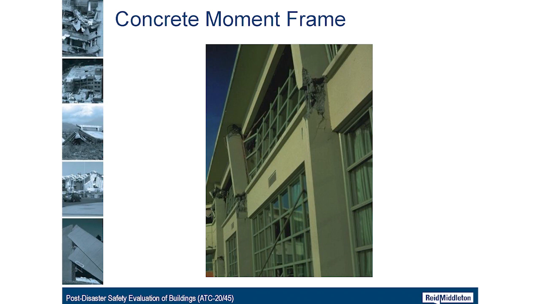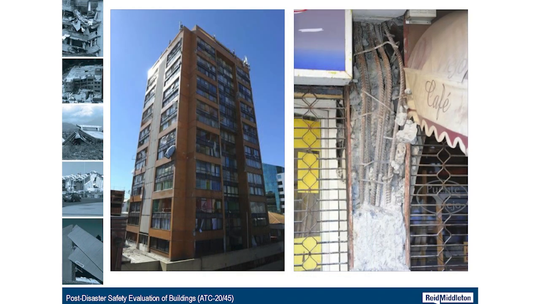Another example, another 2: concrete concentrated in these deep beams, strong beam, weak column, not what we hope to see. This is the first story column that doesn't have adequate confinement. So this is where those confinement ties, which are very limited and small in diameter, have essentially blown out as this